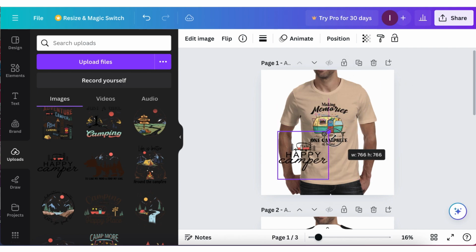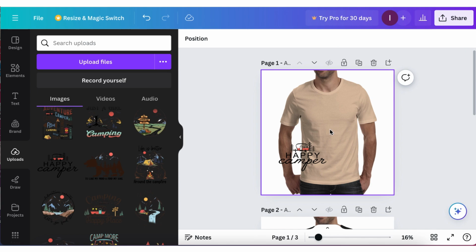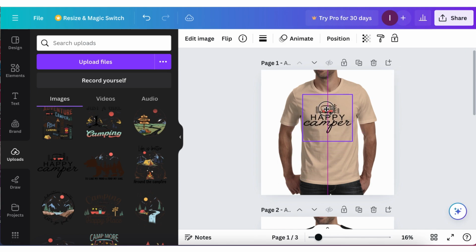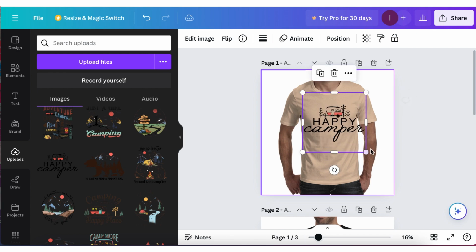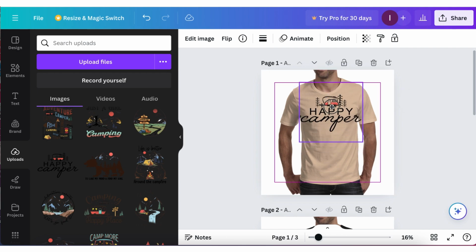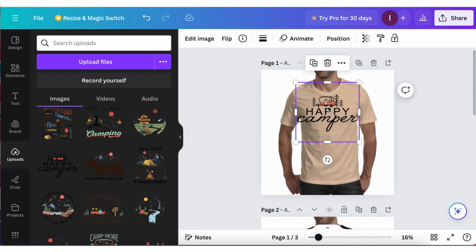So if it's going landscape, which is across the chest like this, please make sure that the image is not coming off the shirt, okay? And make sure it's not up to the top of that collar. We can only print just below the collar because our machine sensors will